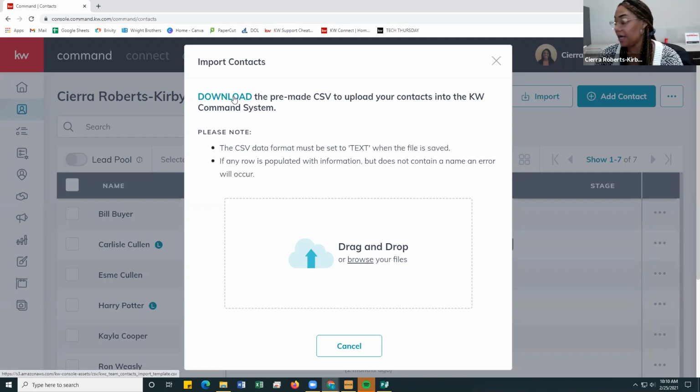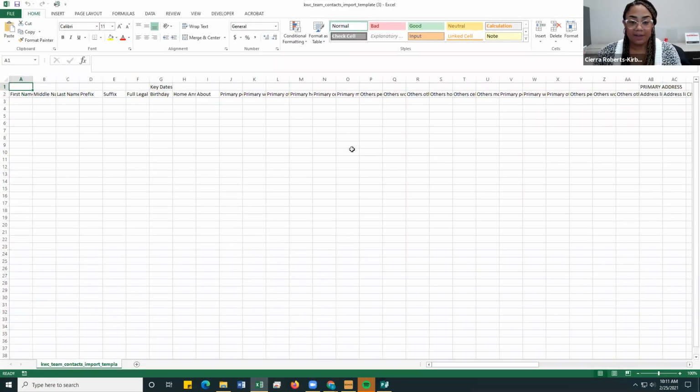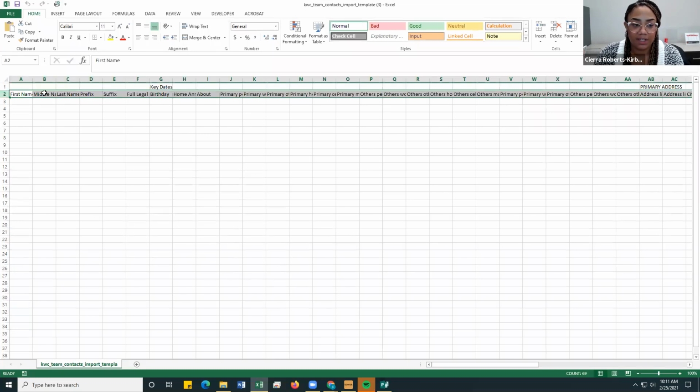So we'll download, and as you see, it's come down here. And then I am going to open the CSV file, and I will move it over here. So now we have this CSV file that has all of these